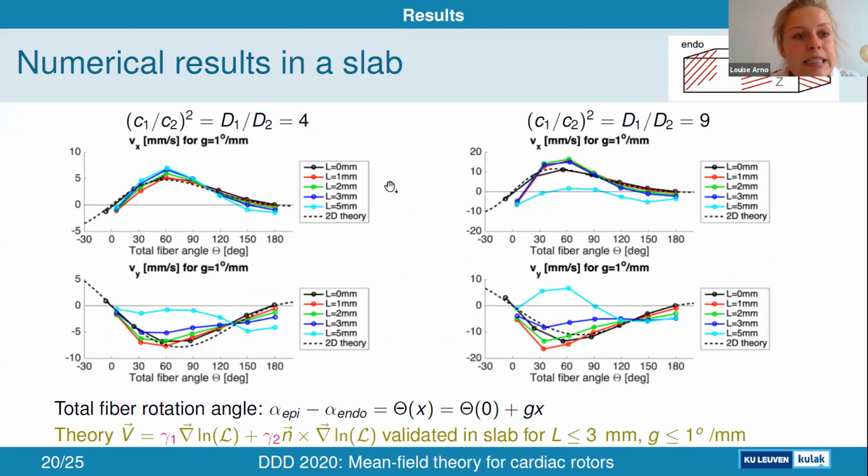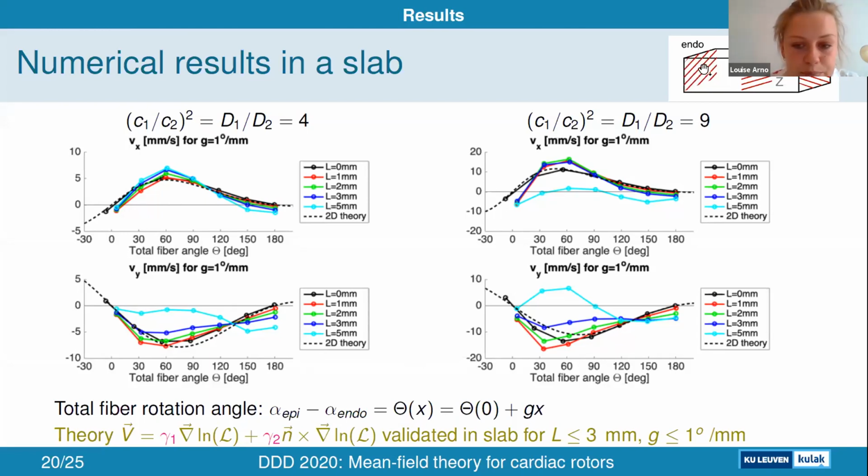We already did some simulations to validate these equations, for example, in a slab. And we varied several parameters. So we have different diffusivity ratios, which we see in the columns. We also have different thicknesses of the cardiac wall, seen by the different colors, and also different total fiber angles, which is the total difference in the angles the fibers make with respect to a fixed axis, which is over here the angle alpha minus the angle the fibers make with